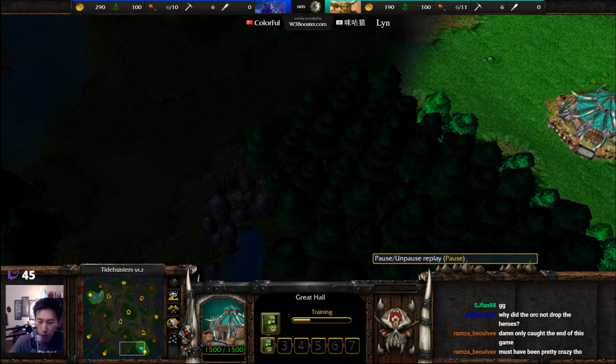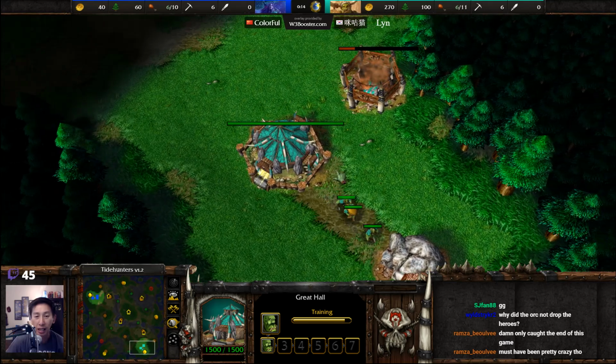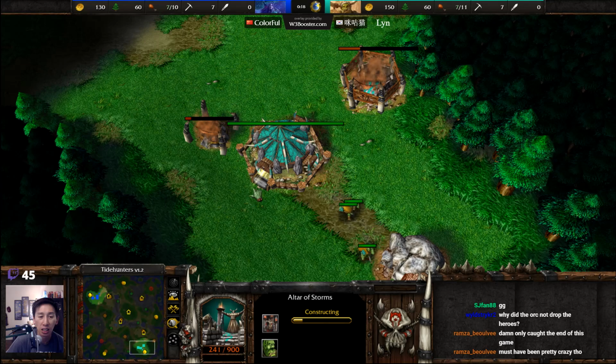Hello everyone, and now welcome to a game between Colorful and Lynn. This game taking place here on Tide Hunters version 1.2. Lynn spawning as the teal orc on the bottom right hand side of the map, opening things up Altar of